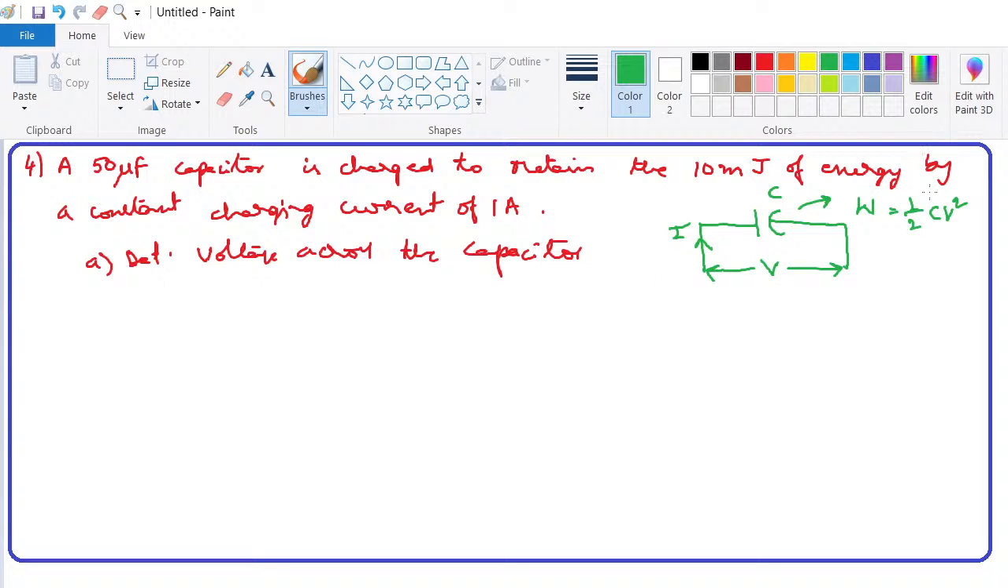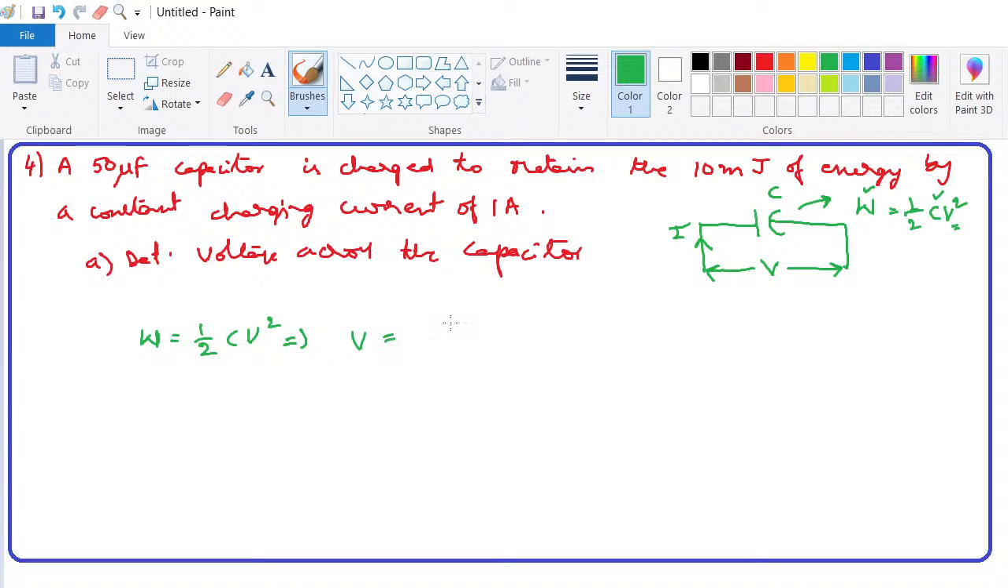Now we know the capacitor value and we know the energy stored, that's all. So we can easily find the voltage. Simply, let's go ahead with this. The energy stored W is equal to half CV square, which implies